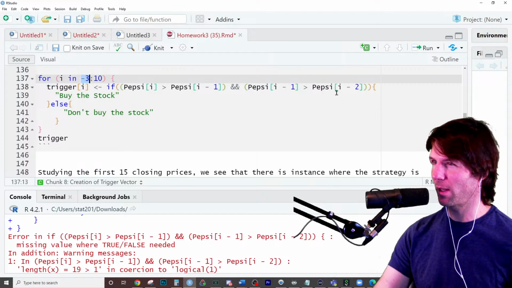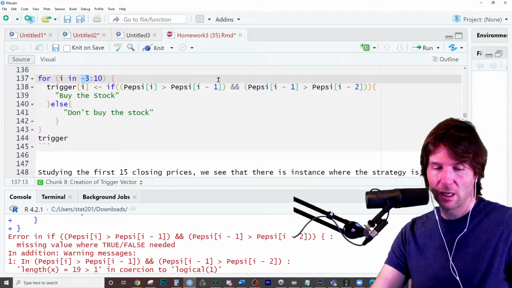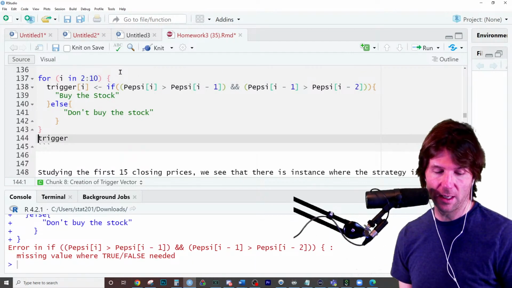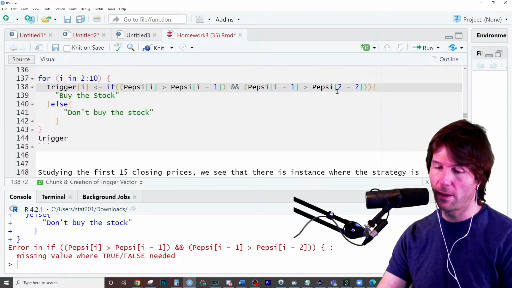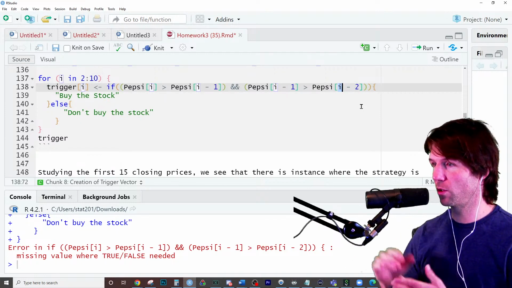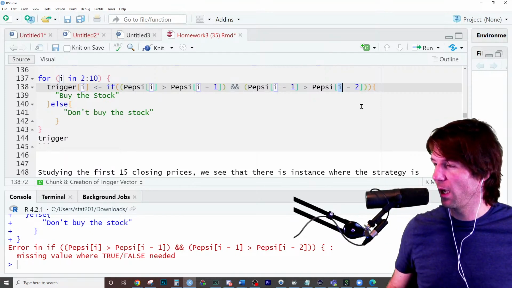Does that make sense to say it that way? Like, when I plug in -3 right here, this goes to position -5, so that doesn't even exist. So I could just plug in, for example, 2, and it gives me an error right here because when it runs the code over here, it plugs in 2, and that's going to go to position 0. So there is no position 0 in the Pepsi vector, so just doing that causes an issue on the loop. So definitely think about the ends of your loop.